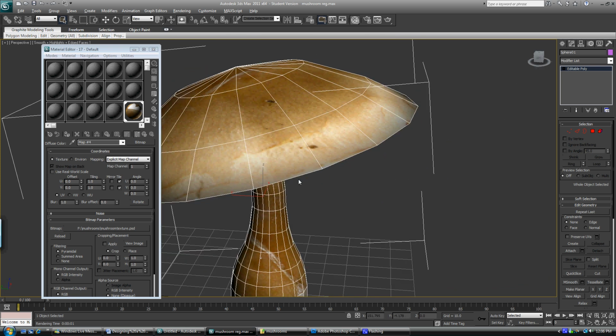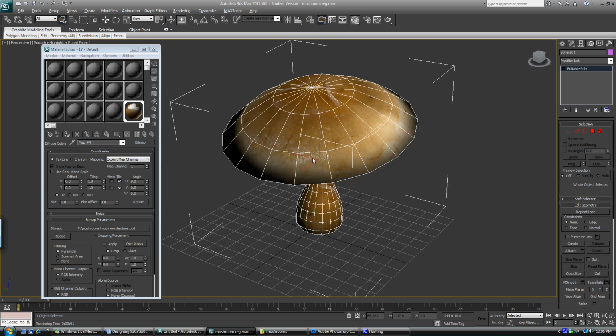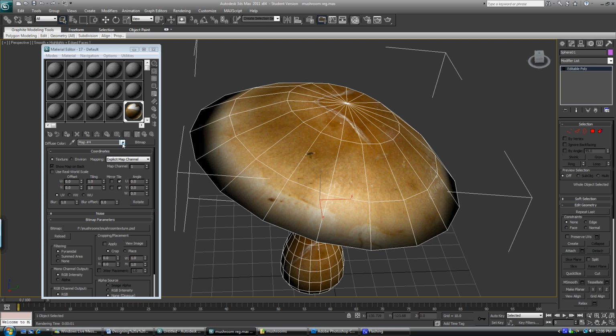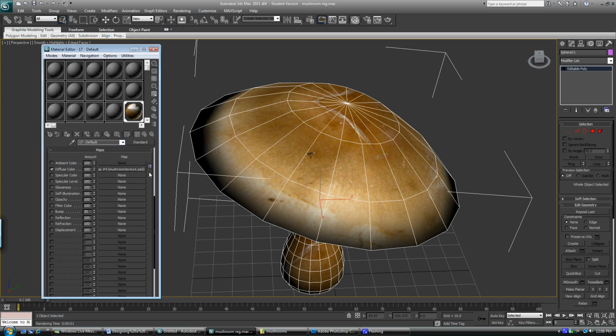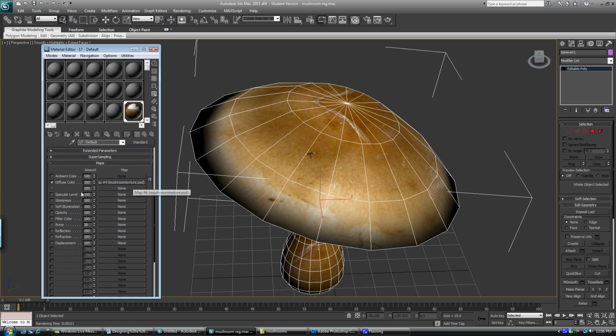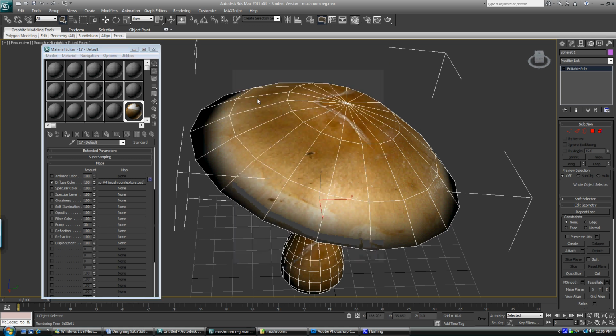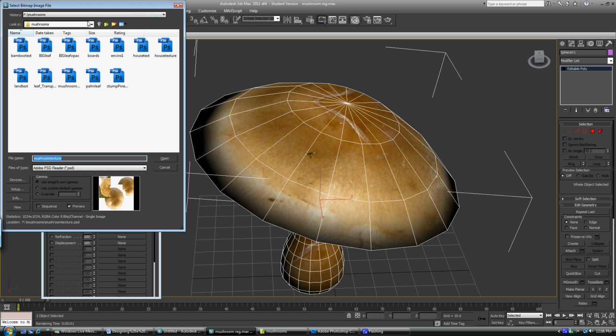So now you have your texture on here. You're going to want a bump map now. So you're going to click this little drop down menu, go back to default, and that'll bring you back to your root menu of that material. Scroll down until you see a little icon that says bump. You're going to click the none. You're going to go to bitmap, and you're going to find